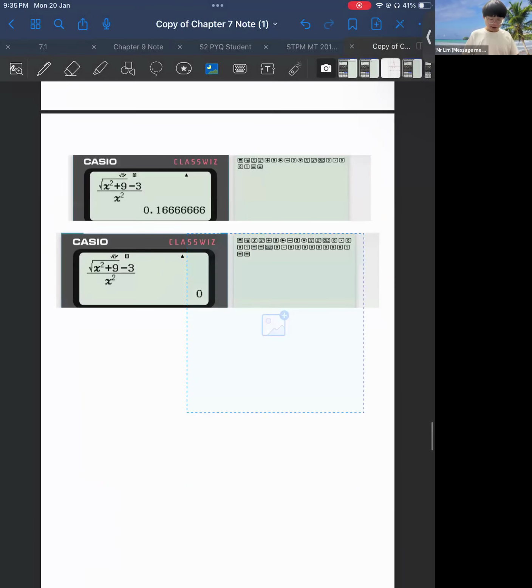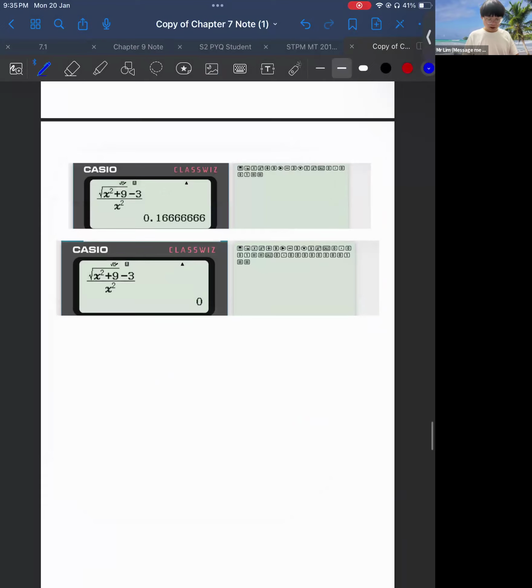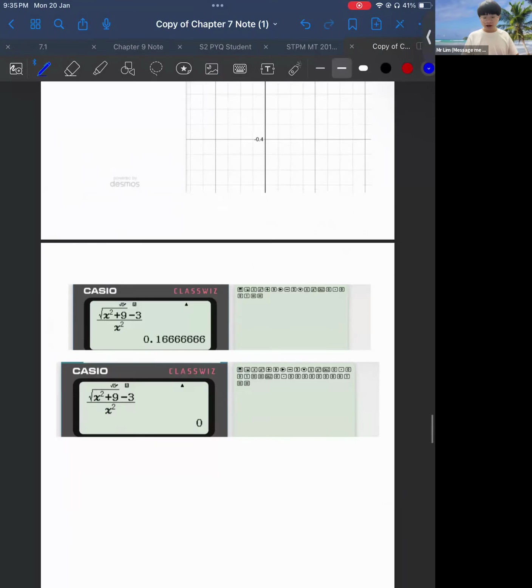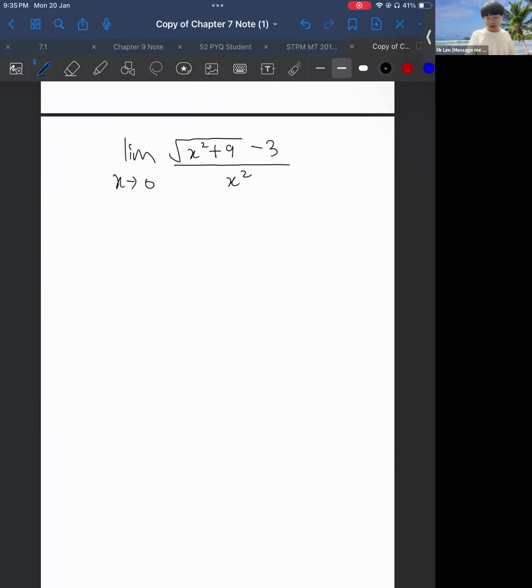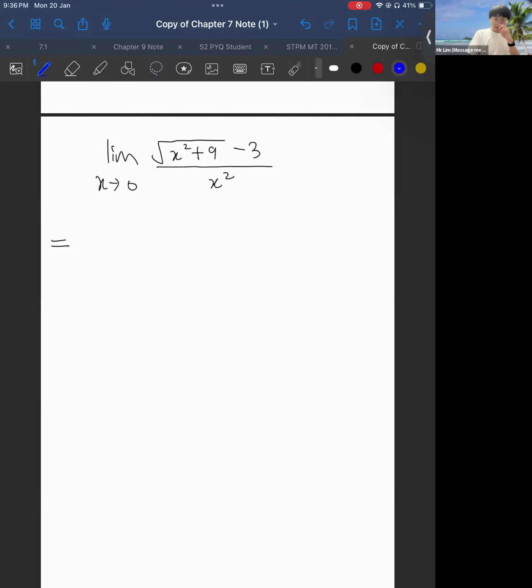Okay, after you have seen these two methods, they have their own limitations and disadvantages. Let's work it out the proper way. In your exam, the proper way to find this value is to apply a technique called multiplying by the conjugate over the conjugate. So the first step